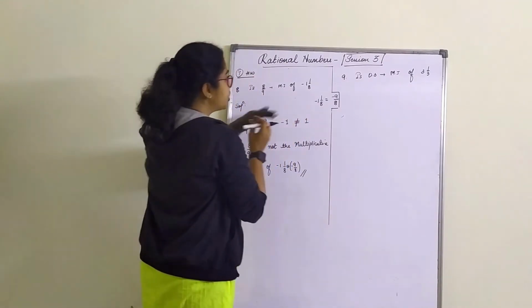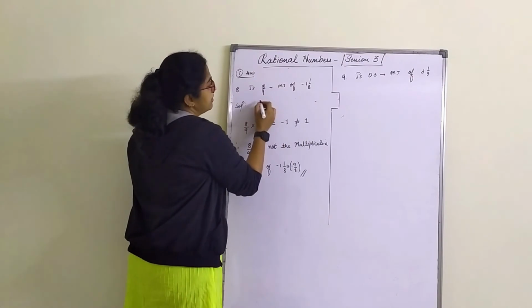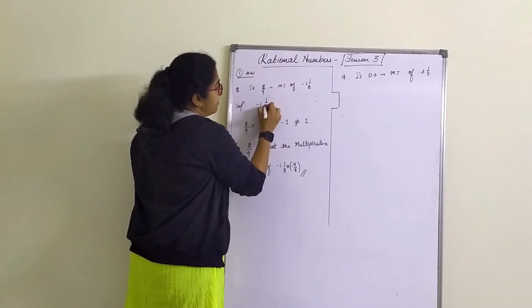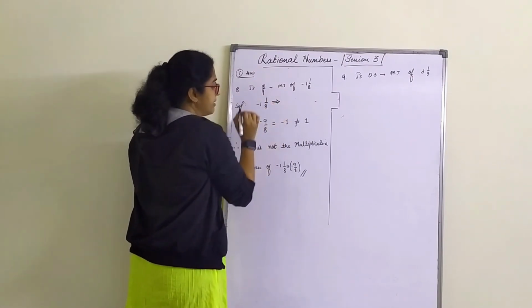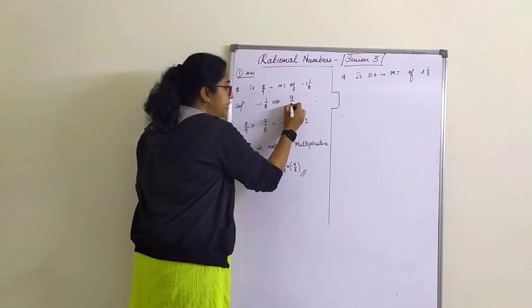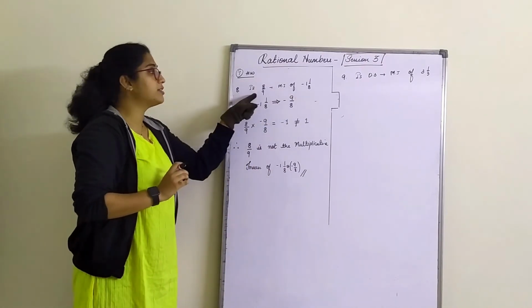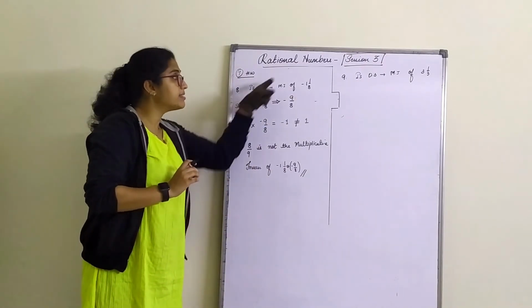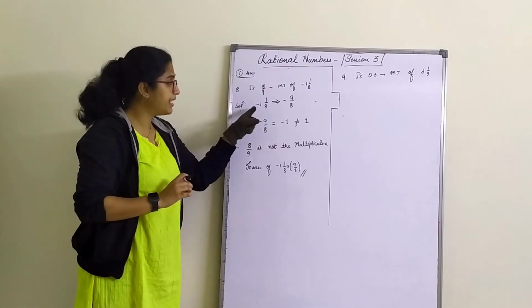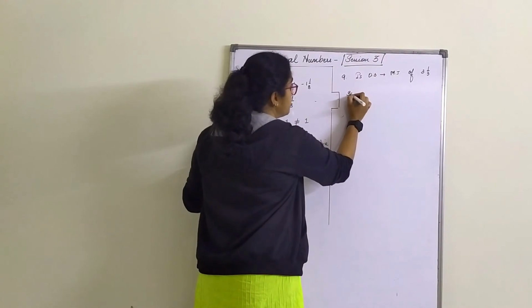So the only thing you write here is simple: minus 1 by 8 can be written as 8 ones are 8, 8 plus 1, 9 by 8. That's enough. Because this is also a number, this is also a number. We need to check, is this a multiplicative inverse of this, right? Please make these changes. Similarly, there we will do it now.